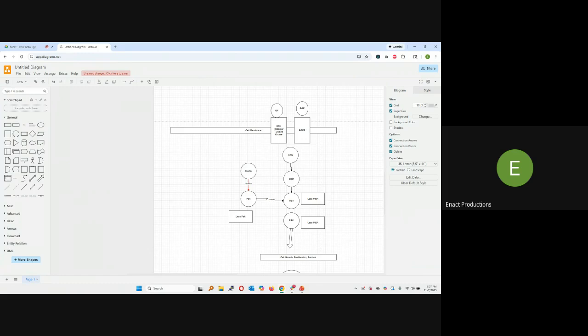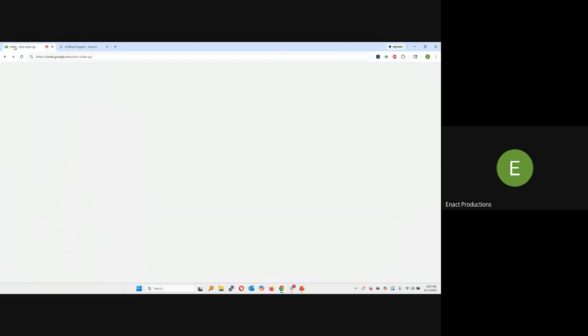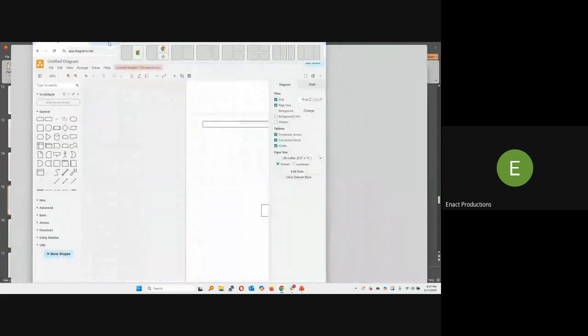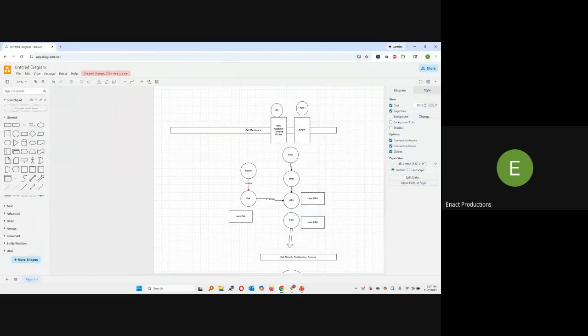So let me get my screens all set up here. So Suhan,